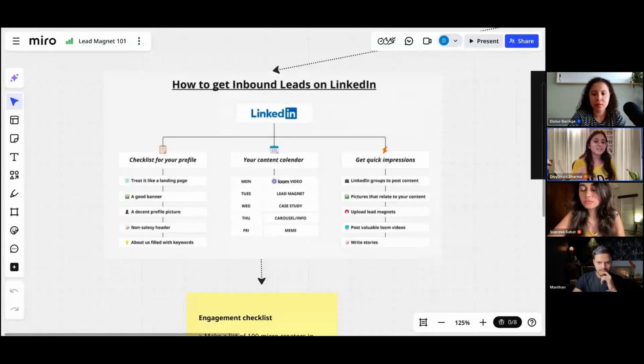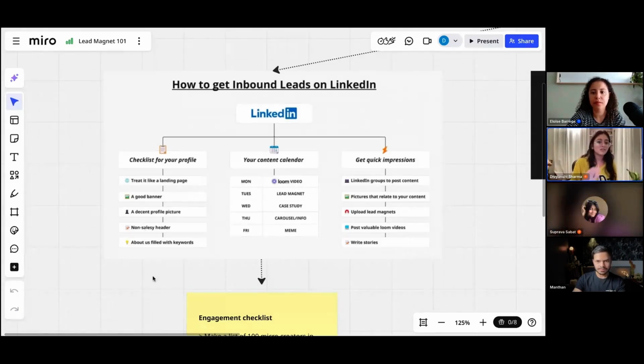Now, LinkedIn also has this thing called SEO in itself. You must think, Google and all those have SEO. LinkedIn also has its SEO. So imagine if your lead is searching for you, you want your profile to pop up in the front. For that, you can just fill in the keywords by which your lead is searching for you in your about section, in your headline. You can just name it that way. That's the basics, along with a good profile picture, and just these 5 things and you're good to go.